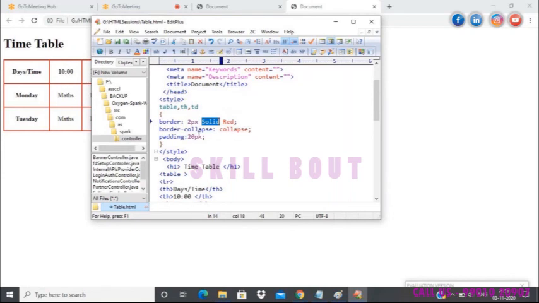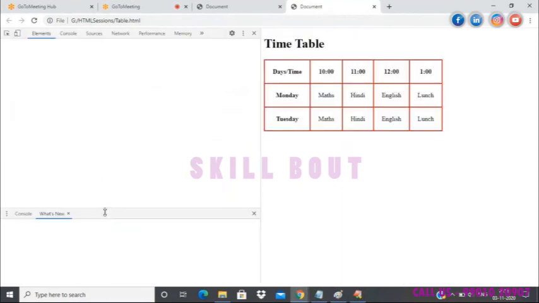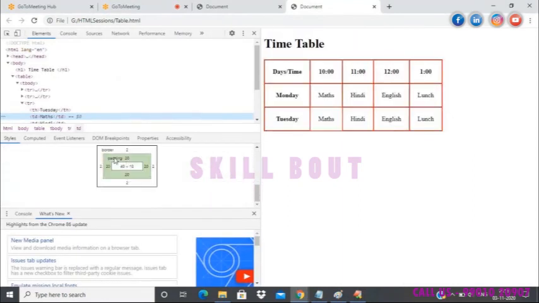Now, padding, if I show you about padding, I'll just show you here. The other day I told you, right? See, this is something called the CSS box model, where you will have four features. One refers to the border, the other one refers to the padding. Padding is nothing but the space between the content and the cell, or you can say the space between content and the border.